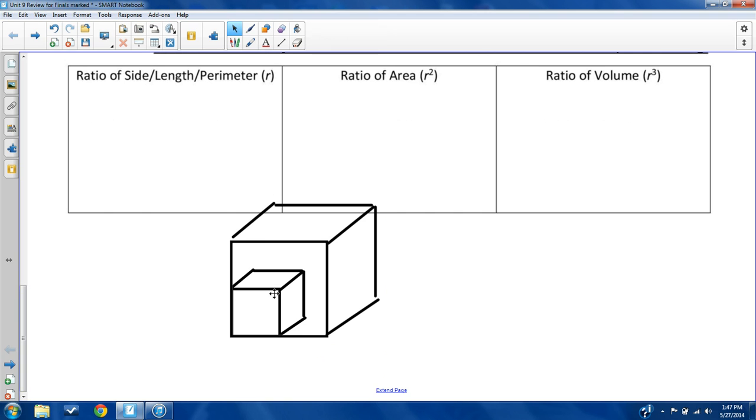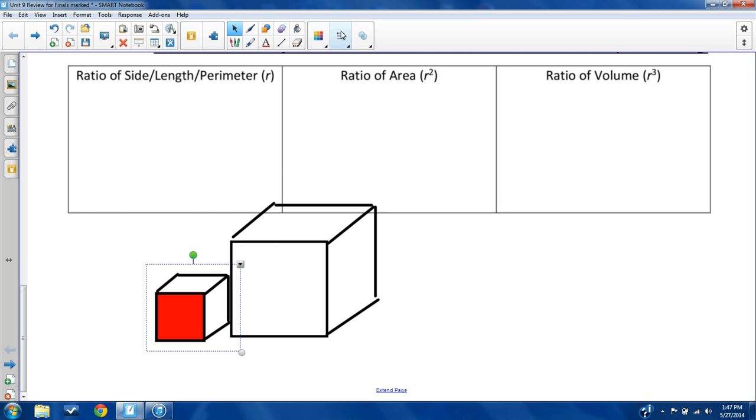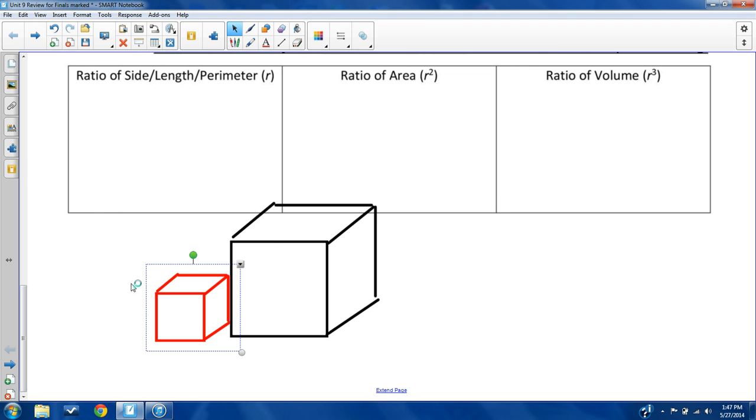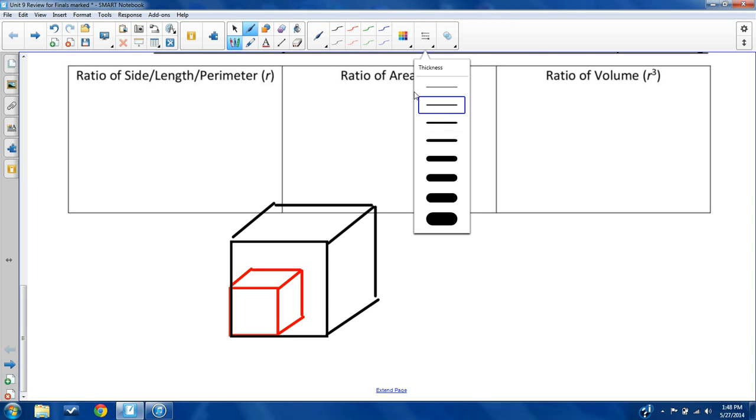So if you think about it, see this guy right here. In fact, let's make him a different color. Whoa, didn't want to do that. I might want to do that later, actually. Look at this side down here. It takes 1, 2 of these to fill up this other one. 1, 2. Okay. So, for example, you might have a ratio of sides of 1 to 2 here, but I'm